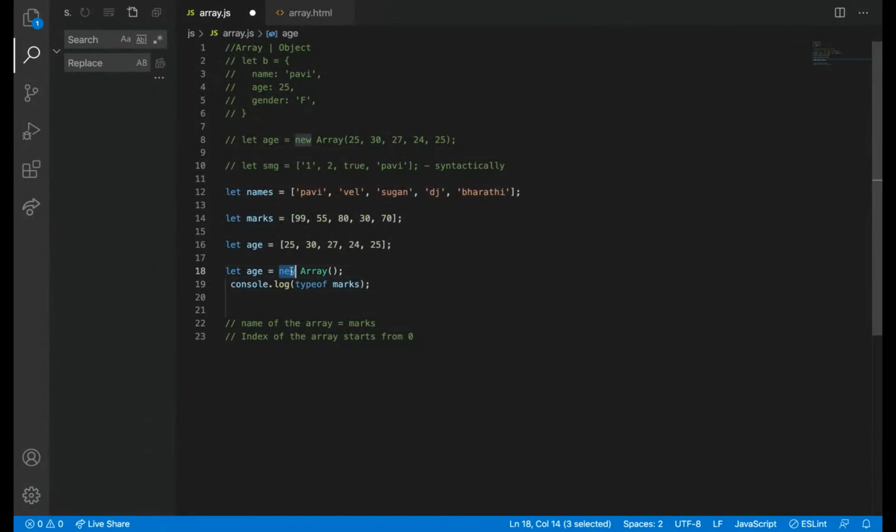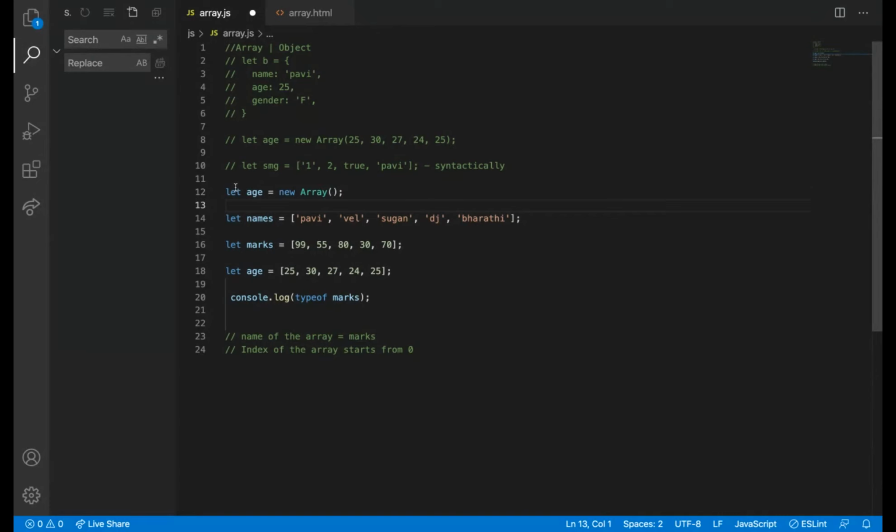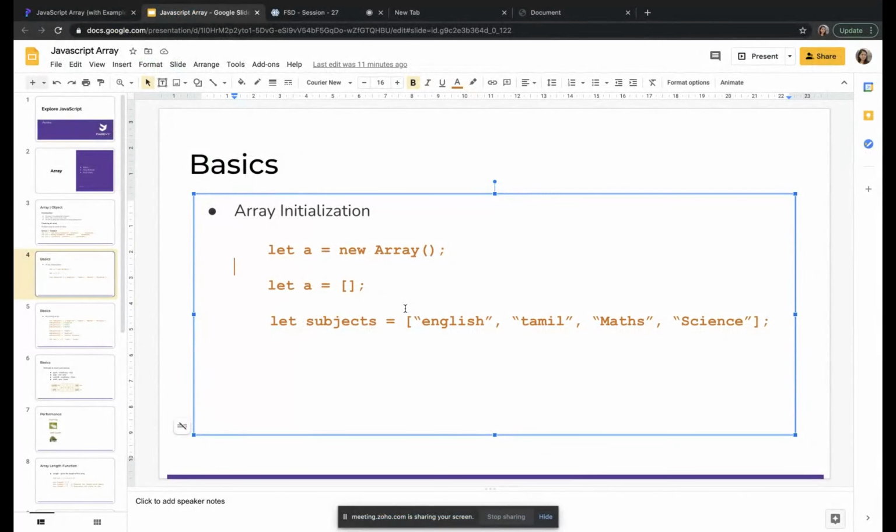This is also an initialization method. By the name itself, you know, initialization has happened there. So let subject equal to English, Tamil, math, science. Everything is an initialization. I can initialize with an empty array. I can initialize with some values also.